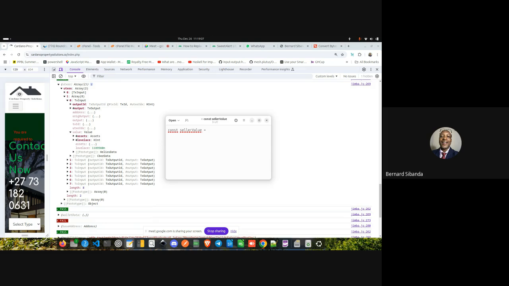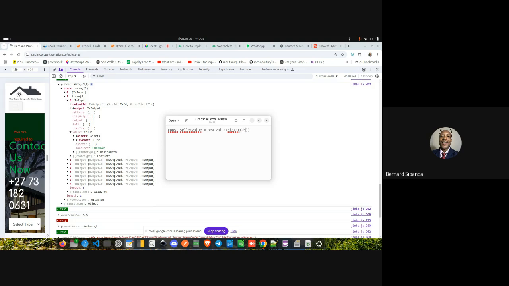You will need that value constructor. So I'll say new Value. But what am I going to put inside the value constructor? The value constructor takes lovelace. This first one, lovelace, is a BigInt. Sorry, this BigInt is a formatting one. Then here you can put your lovelace.